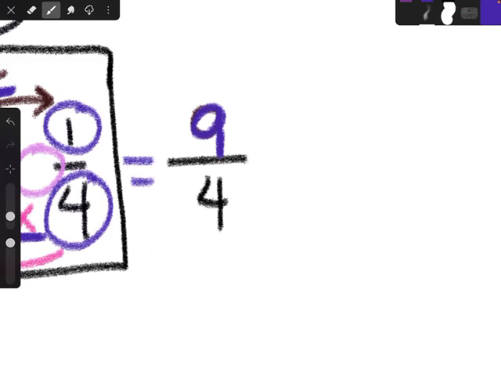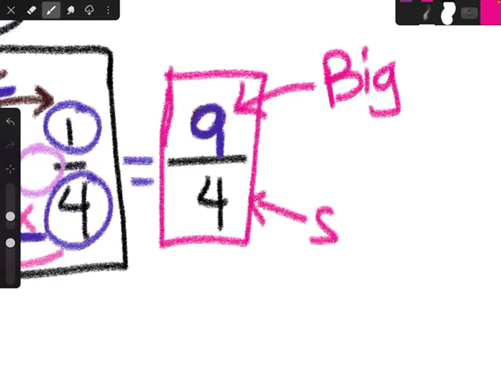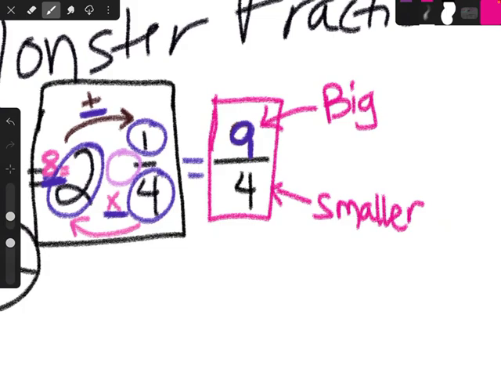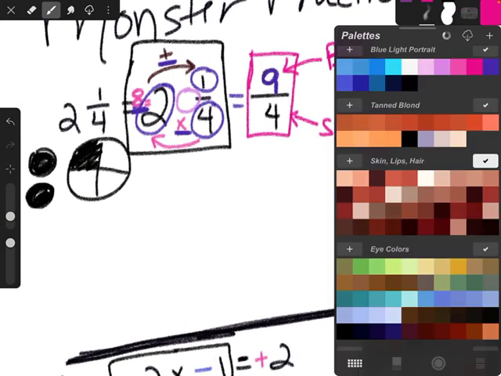And this is now our new monster fraction because it's big right here, right? This is a bigger number, and this is a smaller number. And that's how we know that it's a monster fraction, because there's a big number on top and a small number on the bottom. So what I want you to do is identify monster